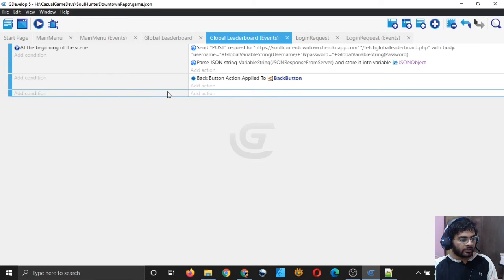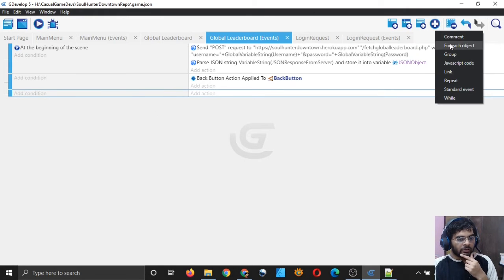So this event will also run every frame, although it does not do anything. We can effectively simulate a for loop, although I think there must be a way to do that. Oh yeah, there it is, for each object. Okay, there is a while loop also, repeat event, and I can add a JavaScript code.